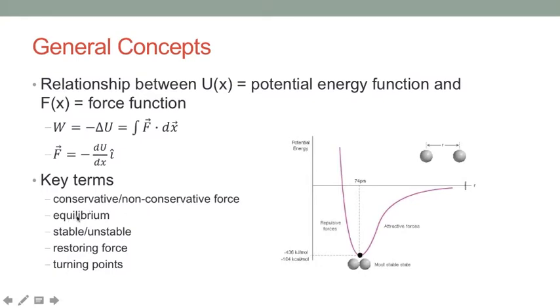Another point is equilibrium. Equilibrium is where the derivative of the potential goes to zero, because at that point the force is zero. So that is a point where an object, if it's there, will stay at rest. However, we will distinguish between two types of equilibrium, stable and unstable, which shown right here is a stable equilibrium, so that if the object is displaced a little bit to the left, the force will be a repulsive force, because right here the slope is negative, so the force is positive, and the object will be pushed back